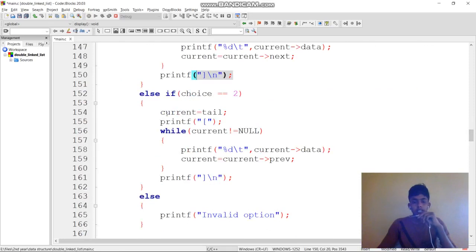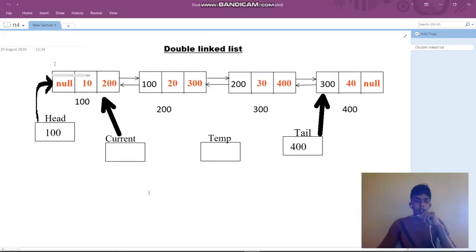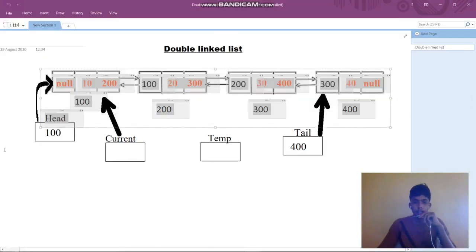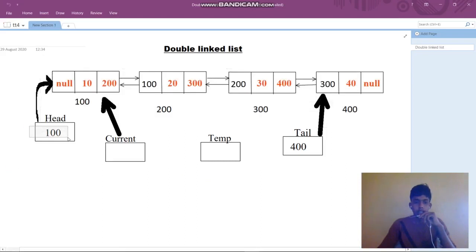Reverse traversal is the same thing, but we have to consider tail here. From forward to backward, the starting address is 100, stored in head. So from start to end we go through the head, but in reverse traversal we go from the tail, which holds the last address.